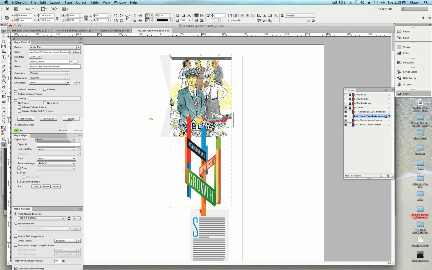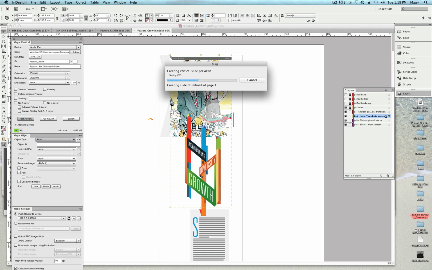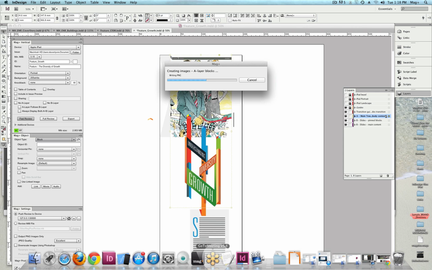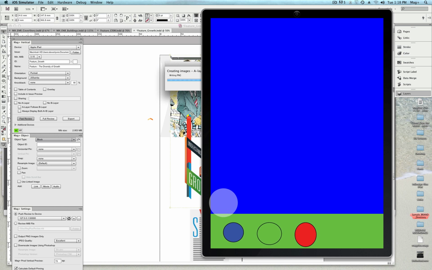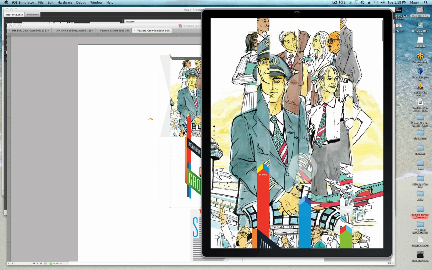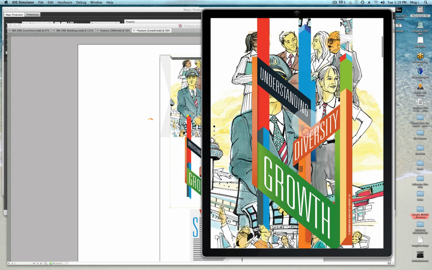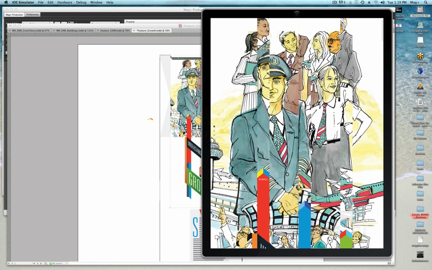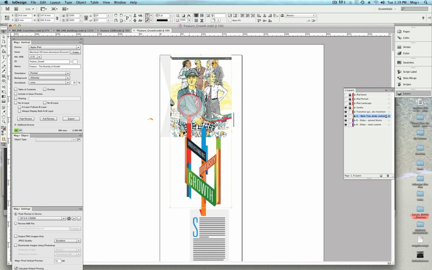I'm going to undo that. I'm going to go ahead and fast review. Push this over to our simulator. And this is the current effect that we get. Very, very simple. And again, we can alter this very quickly